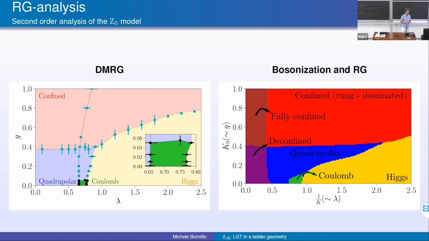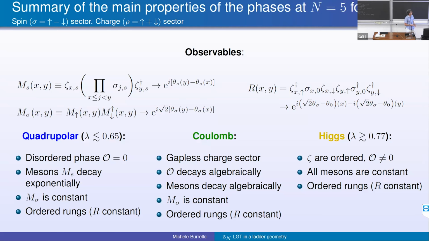The quadrupolar phase is still a confined phase, and it has a weird property, namely there is a combination of the mesons that is ordered, and in this respect it is not a confined phase, and another combination instead decays. So let me be more specific on that, and allow me to focus on what happens closer to the clock limit. To study these phases, in particular the quadrupolar, Coulomb and Higgs phase, I may introduce several gauge invariant observables,